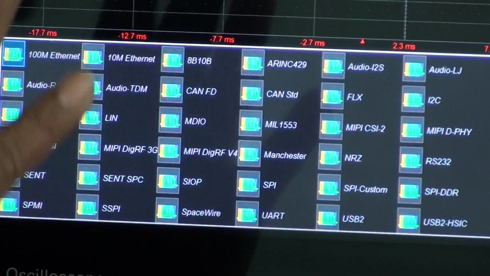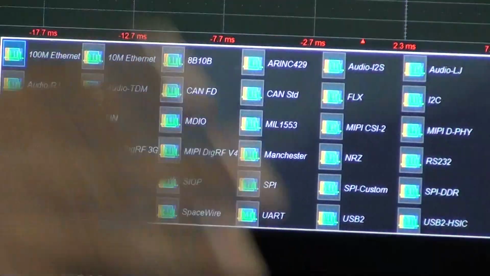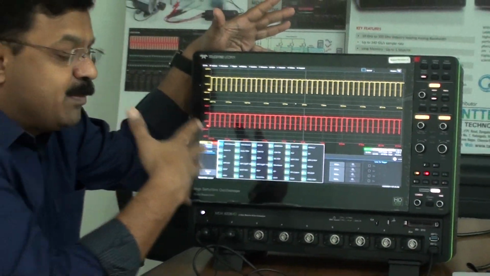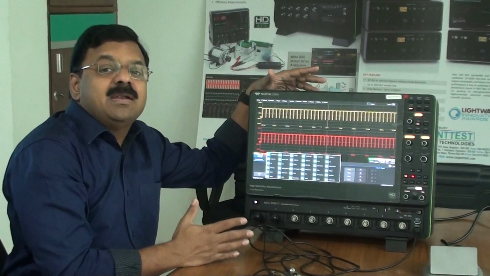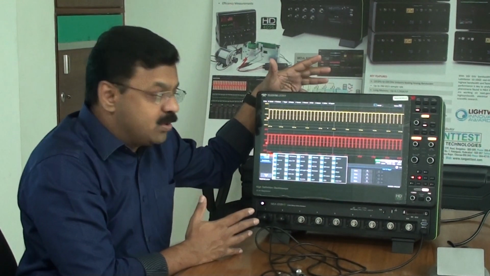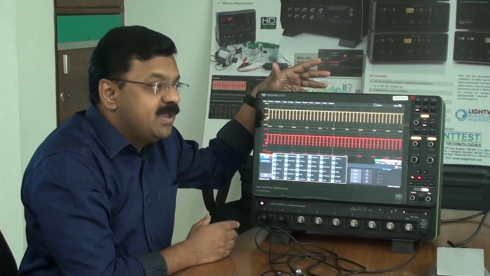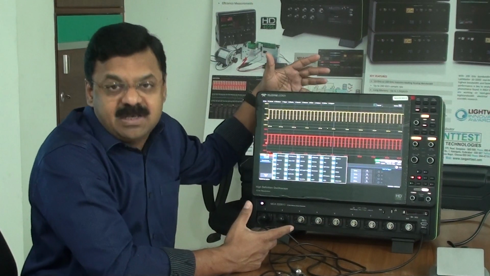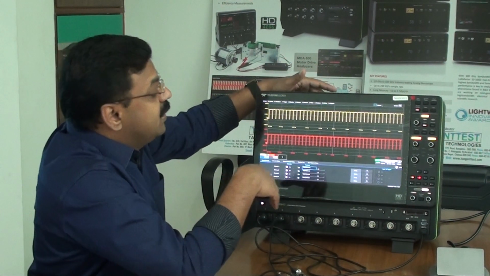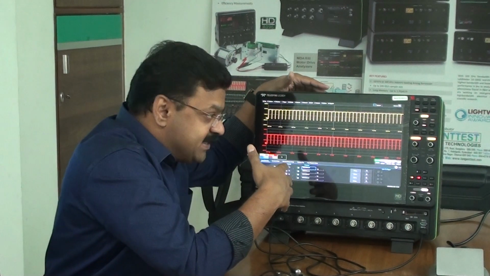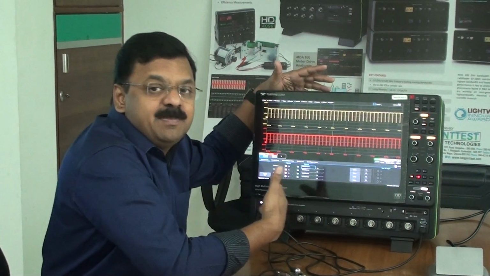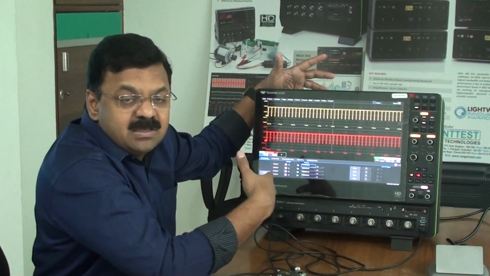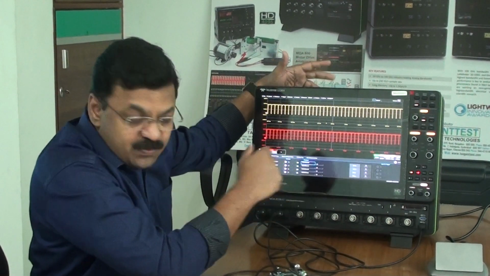LeCroy employs trigger, decode, math, as well as eye diagram. So measurement and eye diagram. When we employ a trigger and decode, we are able to look at not just the trigger and decode of these serial buses, we'll be able to measure them and also make an eye pattern for noise or jitter analysis. These are low speed serial buses. On high speed serial buses, we have DDR, PCI Express up to Gen 5, and DDR5. We have SATA, USB 3 and so on and so forth.